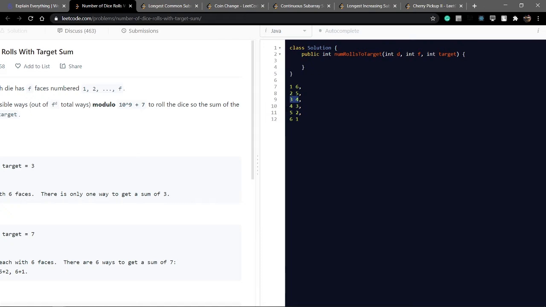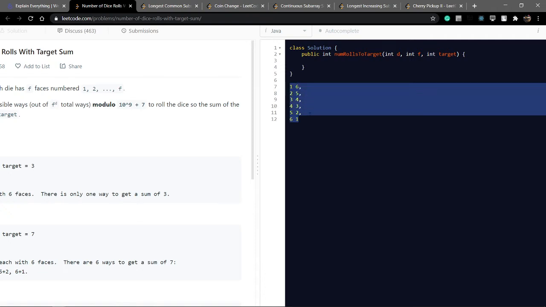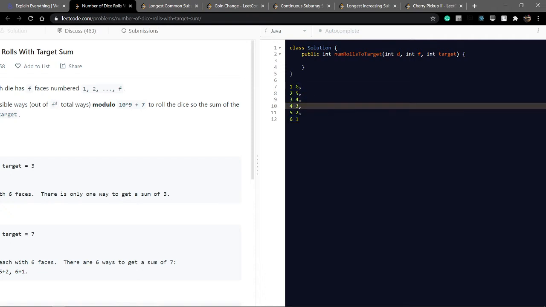So a common dependency: in each way you have to consider the number of dice. Each way has two dice. So the dependency is dice. And in each way the sum equals 7. Sum equal to 7, not less than, not greater than. So the dependency is the target. But it does not depend on the face, because a face is just a number.